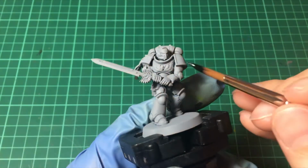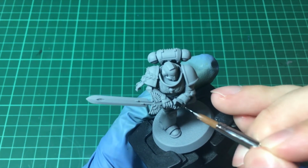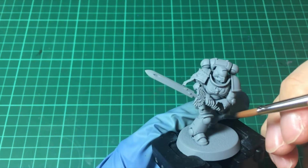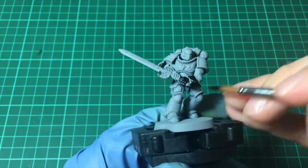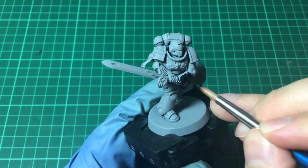Now we will look at painting the armour. The first colour we will apply is Abaddon Black. We'll do this in two thin layers, which will give us a nice smooth finish. You could choose to prime the miniature using a black spray to potentially avoid this step. However, for consistency, I would have done this step anyway to ensure that any later touch-ups would be using the